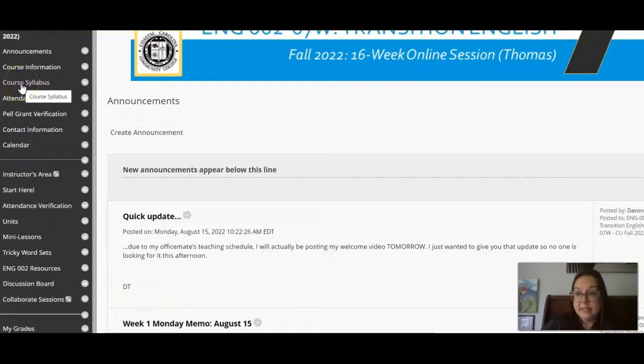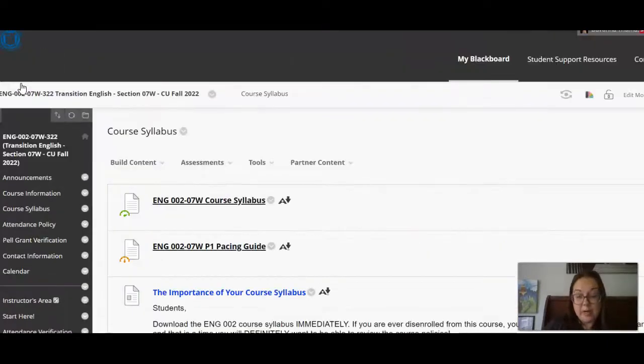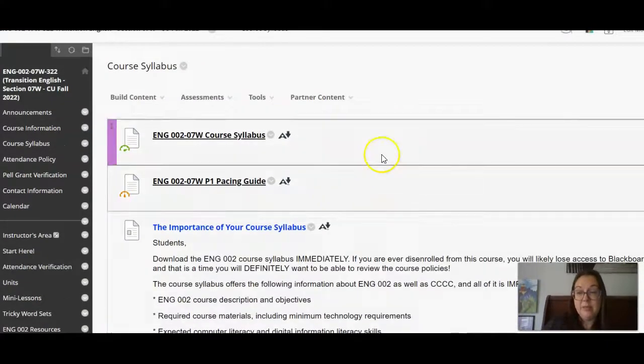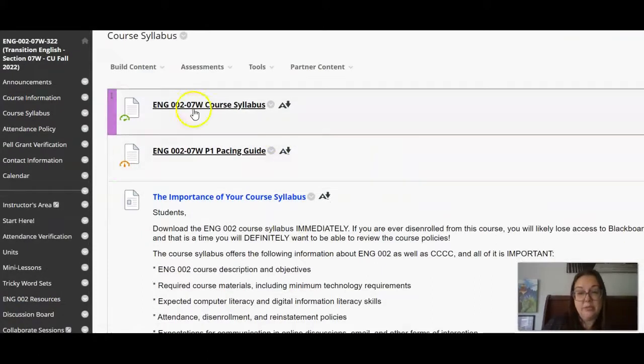The first attendance, the week 1 attendance activity, which will open up later this week, will be a syllabus quiz. So be sure to download your syllabus, read through it. Also, it's an online course. I expect for these activities to be open notes. So print out the syllabus or have it up on your screen or in a different tab when you're taking the syllabus quiz so you can reference it. Use the tools that have been provided to you. I do not think of that as cheating.